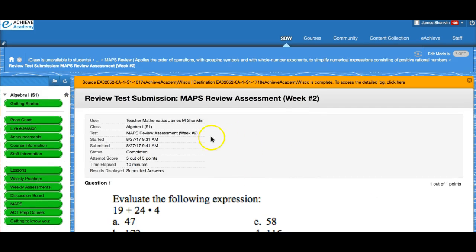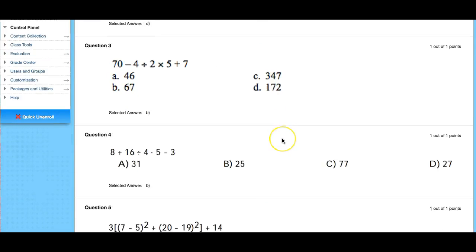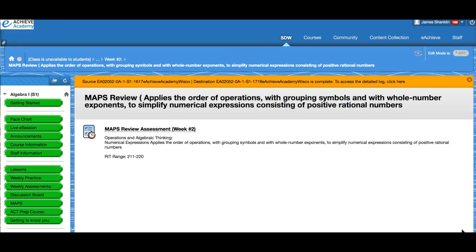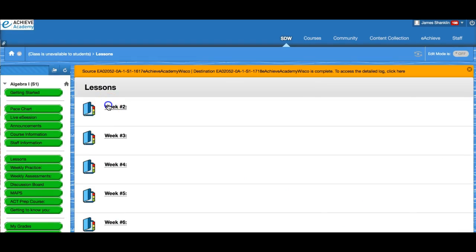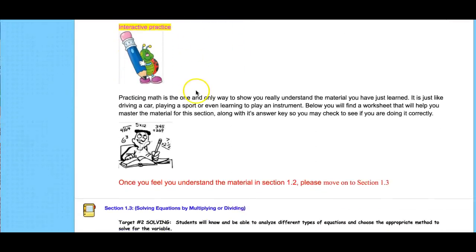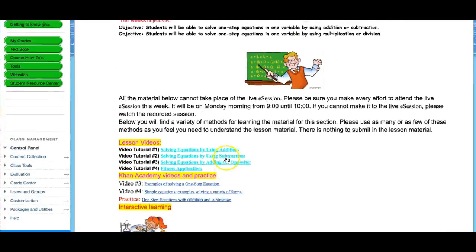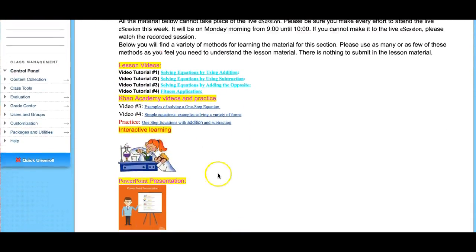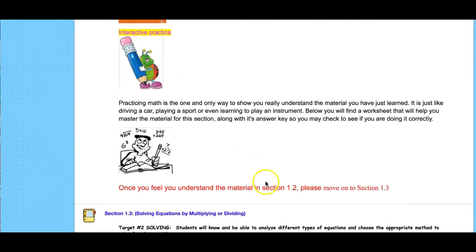And now, once I did that, oops, it shows me my correct answer, so I hit OK there. Okay, so now once I do that, I go back to my lessons, week number 2, and there's all the lesson material. Awesome. So that is how you get the lesson material, and you'll see that there's videos, there's interactive learning, there's PowerPoints, there's lots and lots of